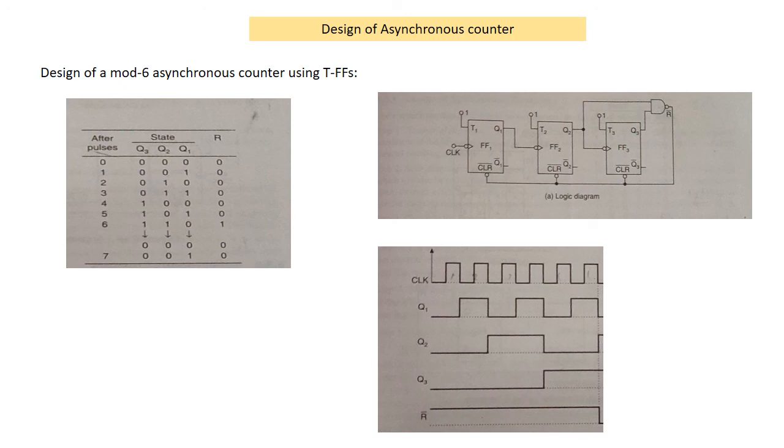The truth table has been obtained in the figure as table 4R with present state outputs as Q3, Q2 and Q1 as the variables and reset R as the output, and obtain an expression for R in terms of Q3, Q2 and Q1. That decides the feedback which need to be provided. From the truth table, R is equal to Q3 Q2. For active low reset, R bar can be used.